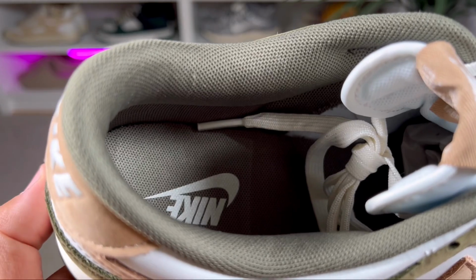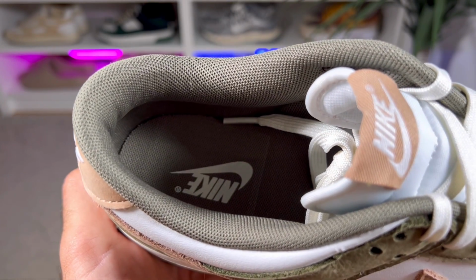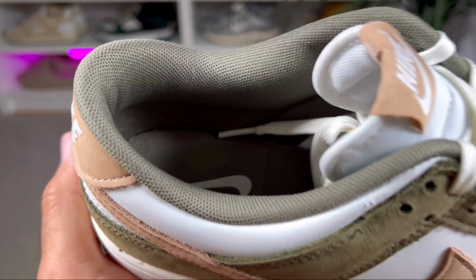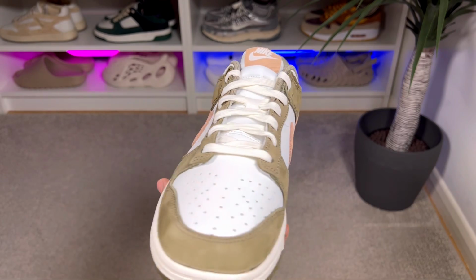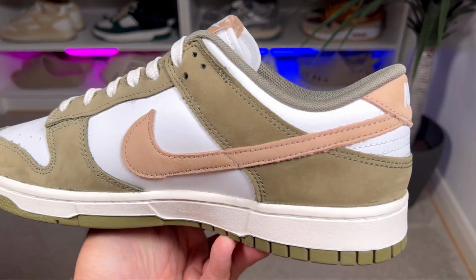So going now inside of the shoe guys, for this one I'm gonna have this olive lining, which will be your normal textured one. So underneath we're gonna have a decent amount of padding, which for sure will keep your foot quite good in place. And also at the bottom we're gonna have this foam insole in the same olive colorway, which as usual here at the heel section will have this imprint with the Nike lettering, also Nike swoosh,